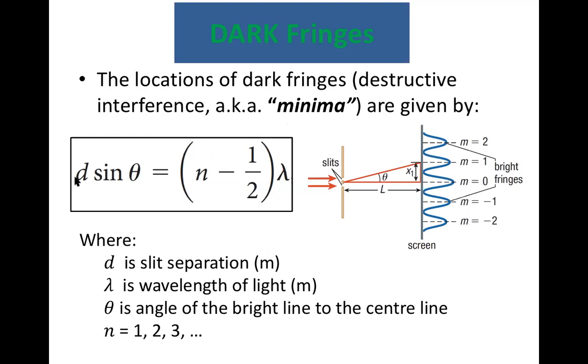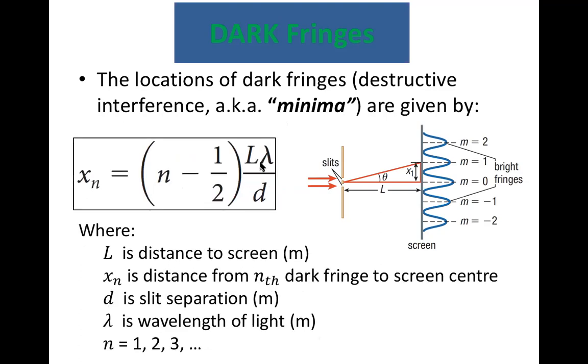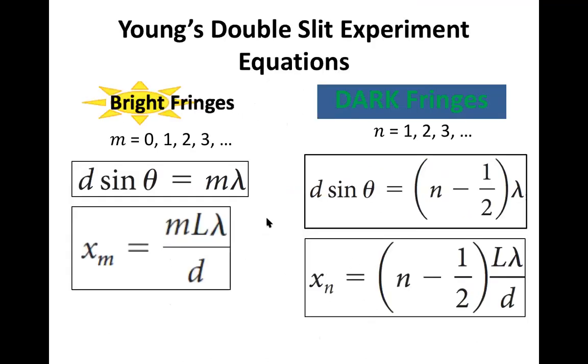And we've got a similar equation to the one for the bright fringes. It's d sine theta as well, but instead of m, we have n minus a half, times lambda. And we also have another equation depending on whether or not the angle theta is available. So just taking a look at the similarities,